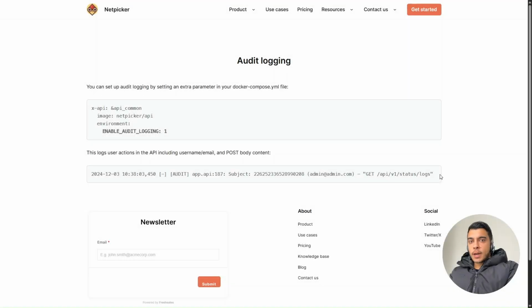In this video, we'll learn how to set up audit logging and how to point it to a remote syslog server. Audit logging would log user actions. We're going to see things such as username or email and post body content. So I will go to the compose file, and basically we have to set this parameter to 1,